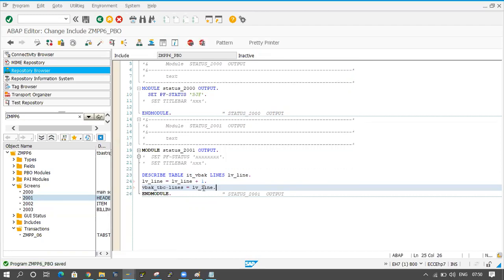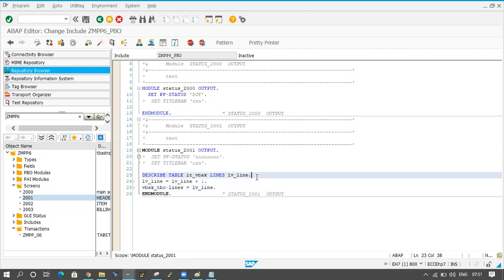What I'm doing here is, first of all, checking how many records are available in the internal table. For example, 10 records are available. Now the line number 10 is coming here, right? So I'm doing 10 plus 1, total 11 records I am taking here. So the last record will be empty, and that line number I am passing to the table control. At that time, automatically one line will be increased and scroll down will also work. Let me check how it will work.